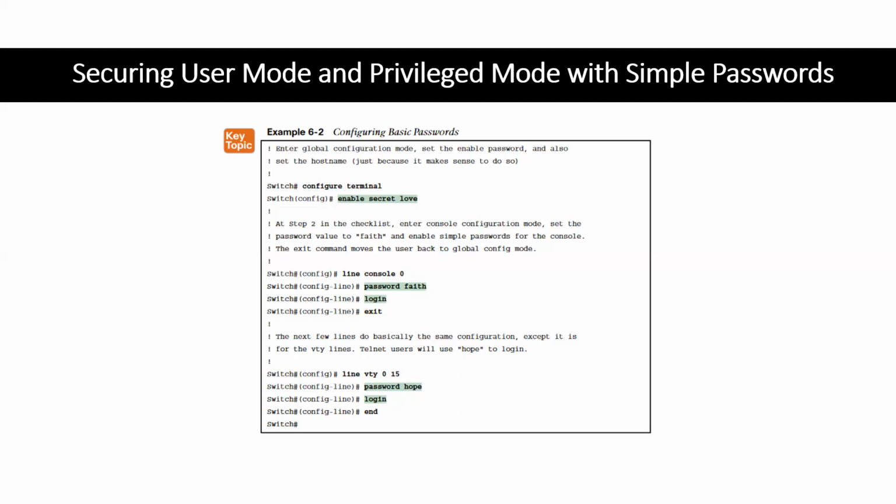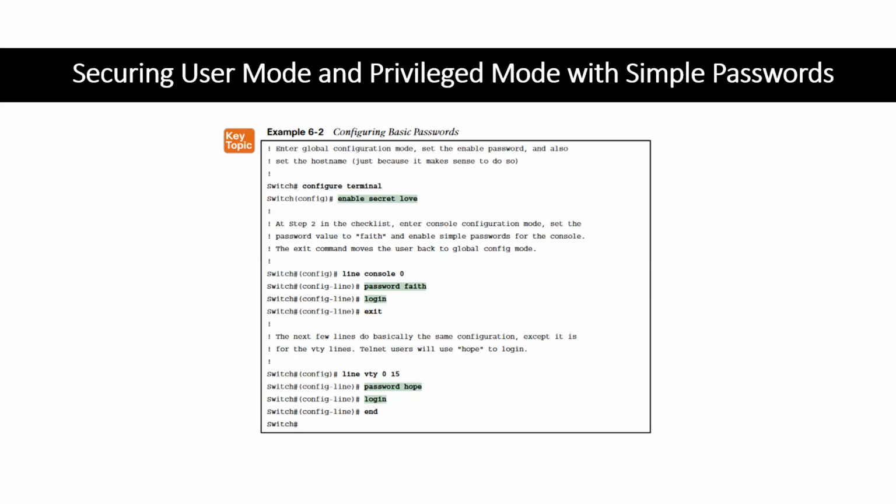That password for privilege mode is going to be the same. So we set that in global configuration mode. We'll do enable secret love. Perfect. So now the enable mode will be set. Okay, so now that's done, we also need to go ahead and mitigate that access on the console and on